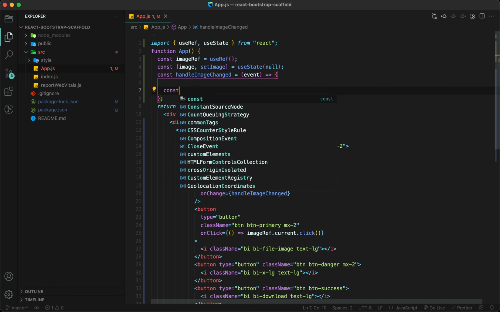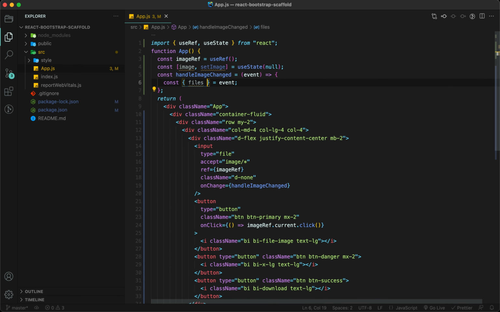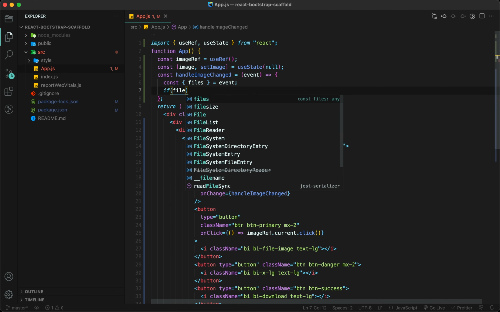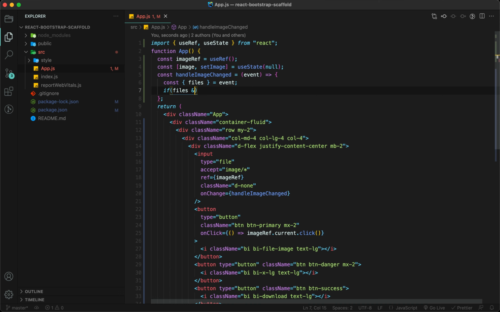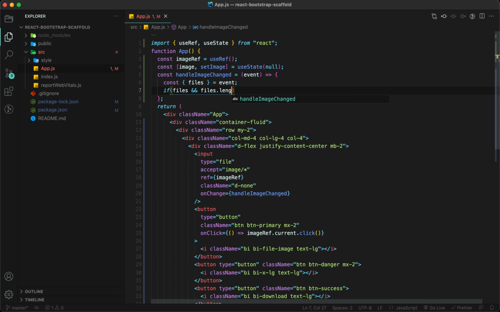In the event there are properties like name, value and files. So we are going to extract files here, and I'm going to use an index. Before checking the index, we have to check that we have files, and files.length should be greater than 0.